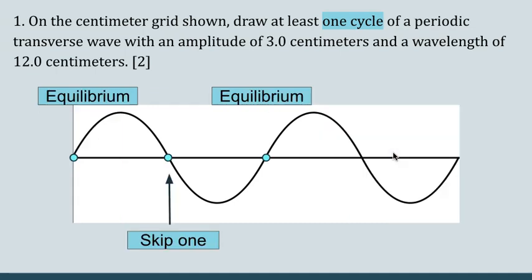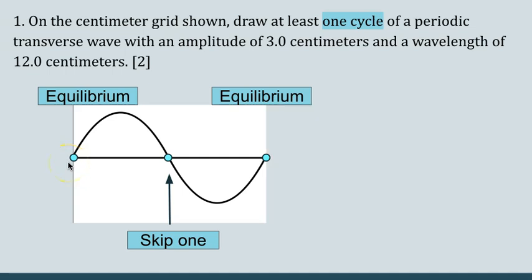So my recommendation is to start from an equilibrium position and then skip the next equilibrium position and then end at the third equilibrium position. It'll look like this, which you might kind of think of as more like a complete wave. And I always tell students, check that you have the full S shape, or check that you go up, down, and back to zero. And that's how you know you drew the full